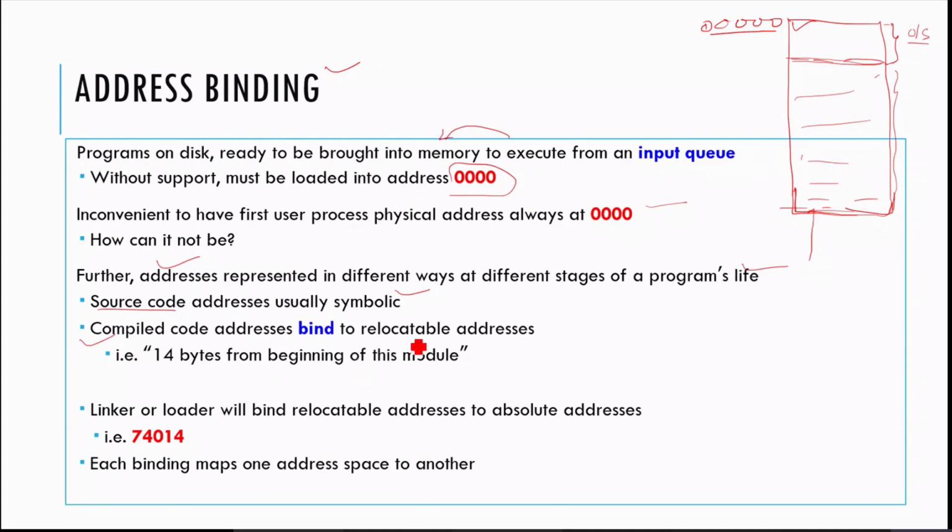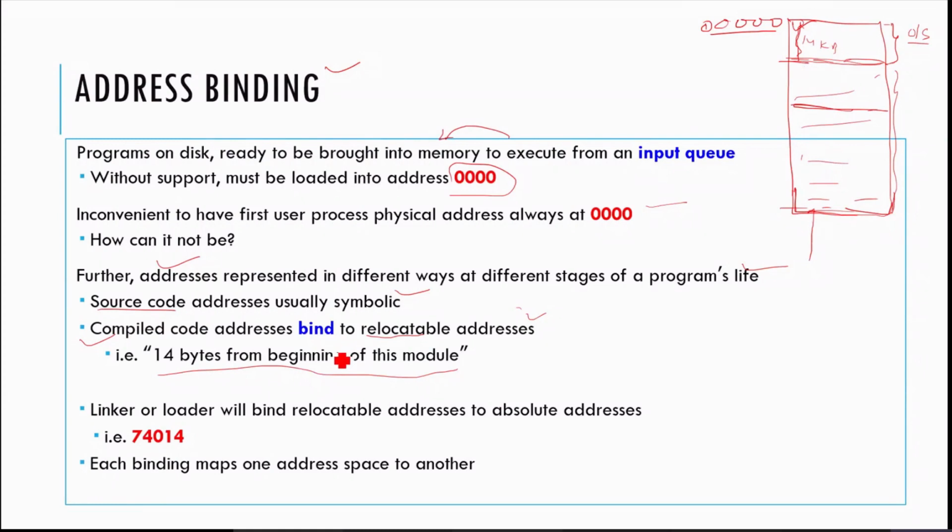At that time we give the relocatable address, meaning later on we can make changes as per the requirement while relocating. In that relative type of address we give, like 14 bytes from the beginning of this module, meaning 14 KB of address from this, after that you use whatever space is there. The relative space we use, or this much space is required for this one.